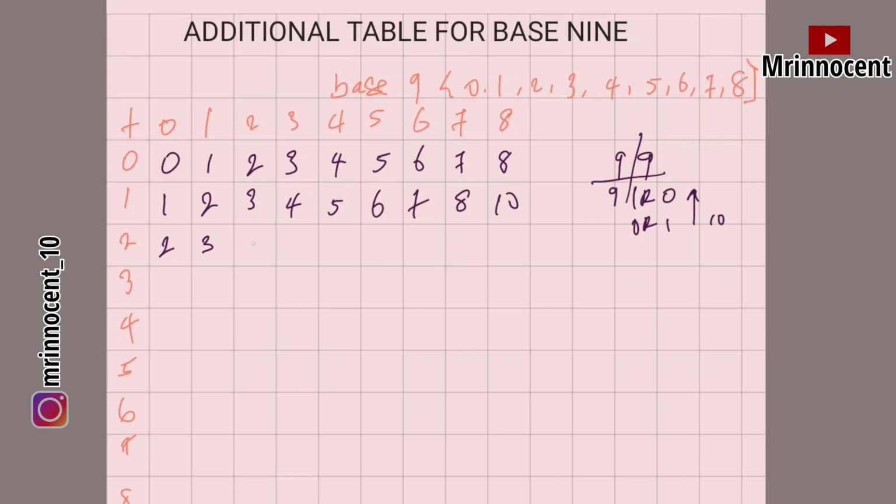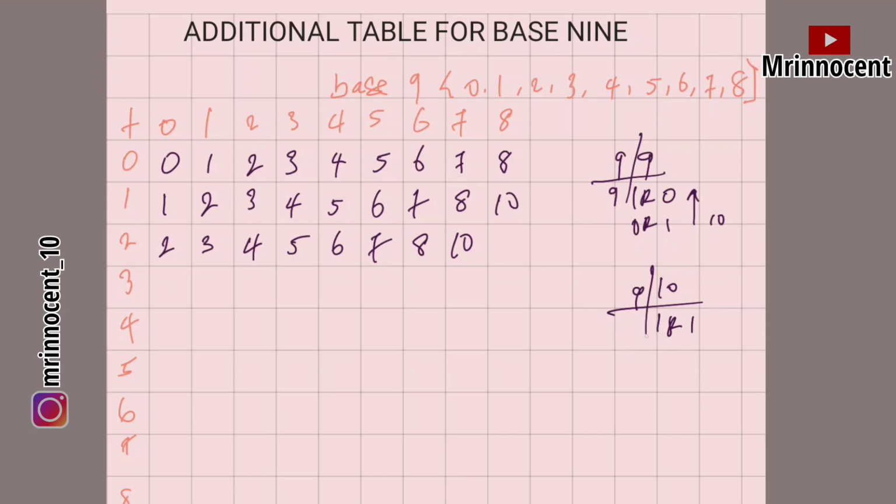2 plus 2 is 4. 4 in base 9 is 4. 2 plus 3 is 5. 5 in base 9 is 5. 2 plus 4 is 6. 6 in base 9 is 6. 2 plus 5 is 7. 7 in base 9 is 7. 2 plus 6 is 8. 8 in base 9 is 8. 2 plus 7 is 9. 9 in base 9 is 10. 2 plus 8 is 10. 10 in base 9